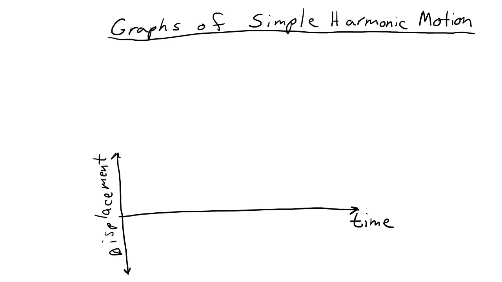I'm going to start out with the pendulum in the equilibrium position. So this is a pendulum, it's hanging straight down. My pendulum's at the equilibrium position. My initial displacement for my pendulum is going to be 0. If my pendulum swings forward, it's going to have a positive displacement, so I'm going to draw my next point